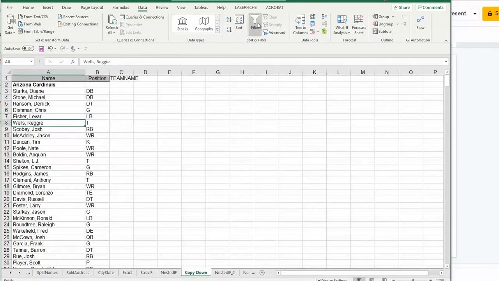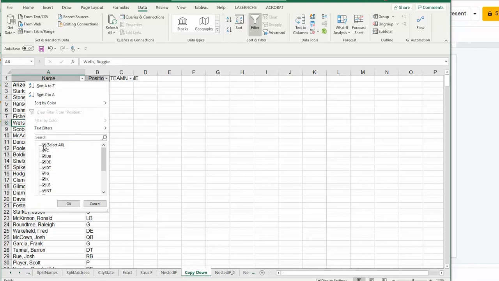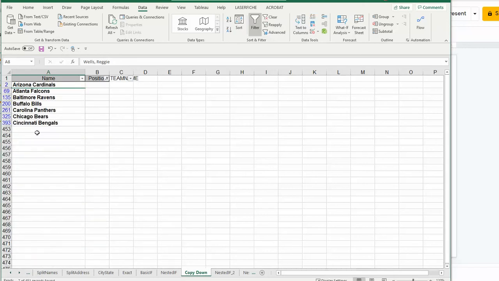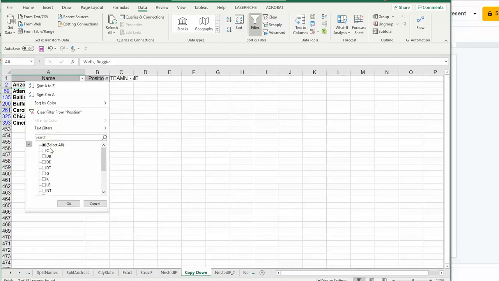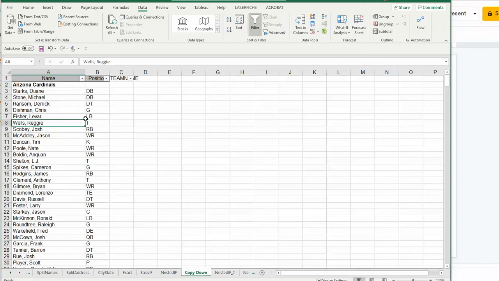We can check this by turning on the filters and looking for the blanks and making sure that there aren't any player names. This is not all the teams, but I just did a few. There aren't any player names here. There's only team names with those blanks. So we can tell it to look where you are in relation to that blank. And this is where Excel's